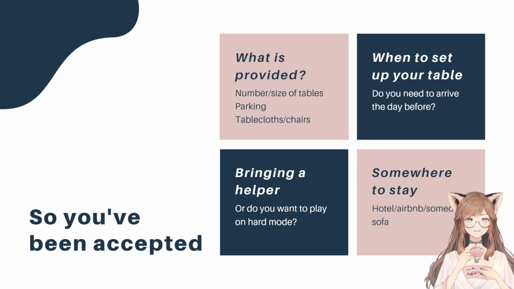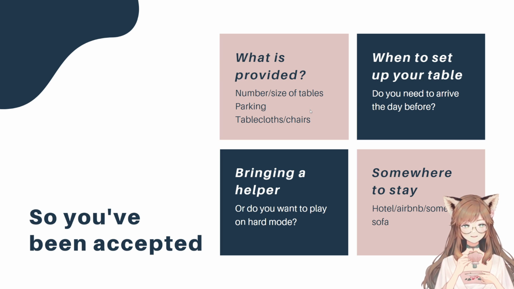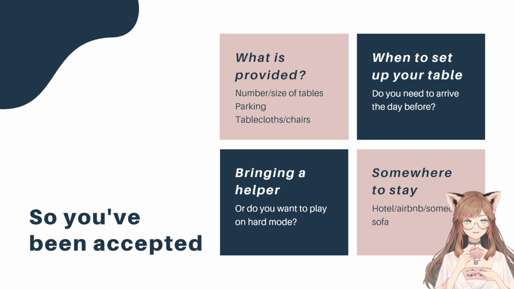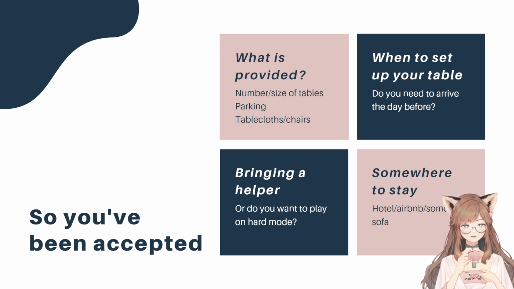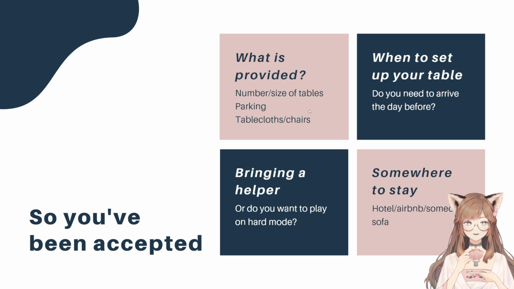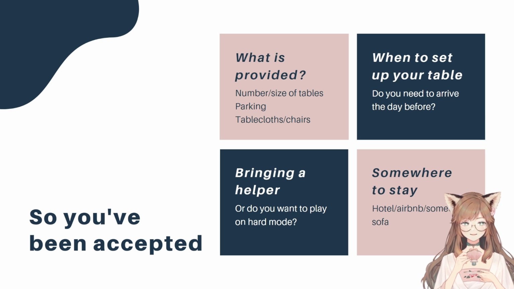And also, not only the number of tables, but also the size and shape of the area that you get. So it could be like an L shape area, or it could just be 2 tables next to each other. Who knows? This will help you set up your table nicely and prepare any extra equipment that you might need. Oh, and also you might get a wall behind you, or you might not. If you have a wall, that means you don't need to bring anything to hang up your prints. You can just stick them on the wall. But if you don't have a wall, then you need to bring something.